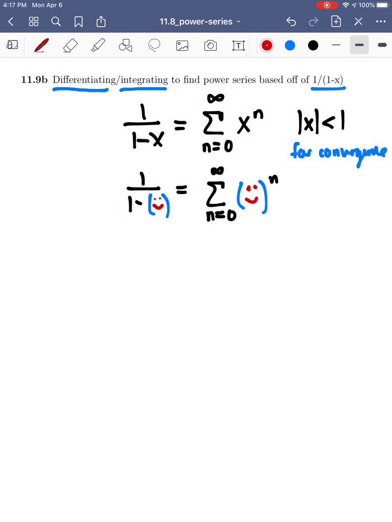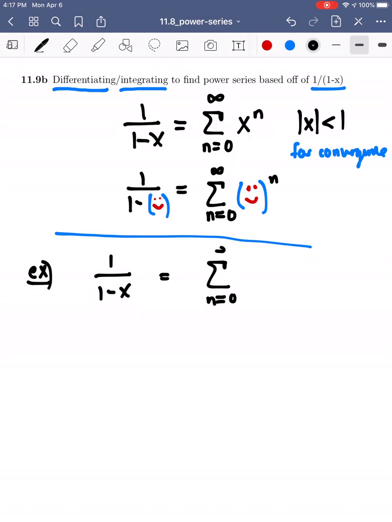But in this case, instead of taking the direct stenciling approach, we're going to ask ourselves, what happens if we integrate and differentiate power series? So for example, if we start off with our power series for 1 over 1 minus x, well, that is equal to the power series again as we have above from n equals 0 to infinity of just x to the n. And the first thing we're going to try doing is integrating. And if we integrate both sides,